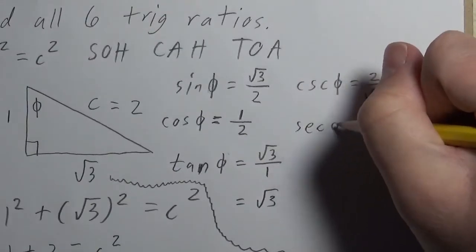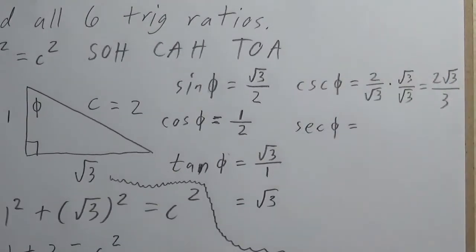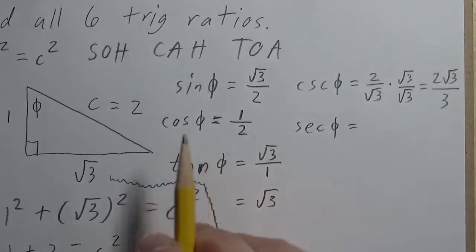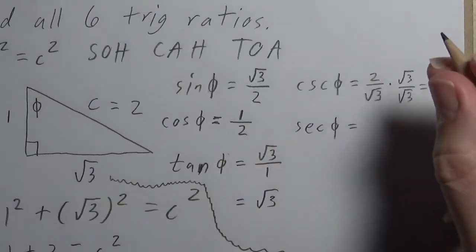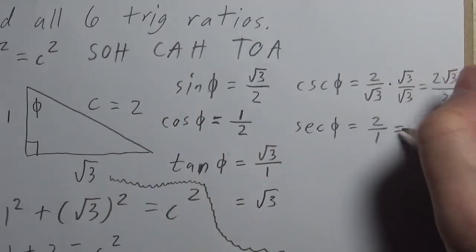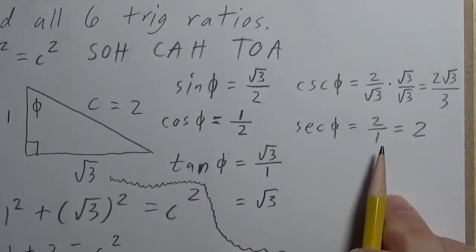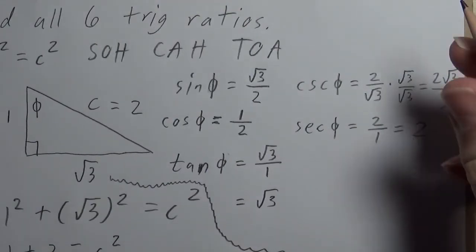The SEC ratio is much easier. It's the reciprocal of this, otherwise known as hypotenuse over adjacent. So it's going to be 2 over 1, which is just 2. Do not leave your final answer as 2 over 1. Final ratio